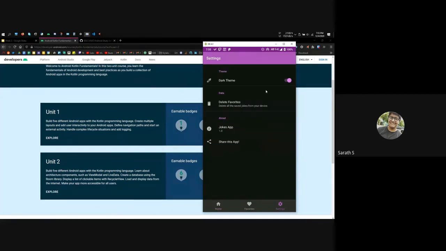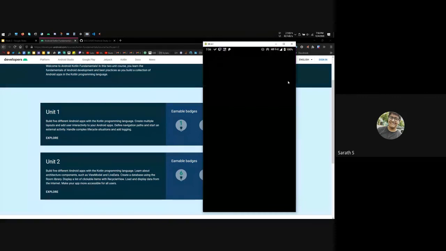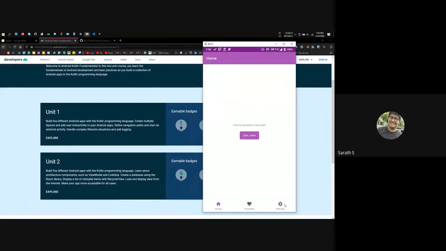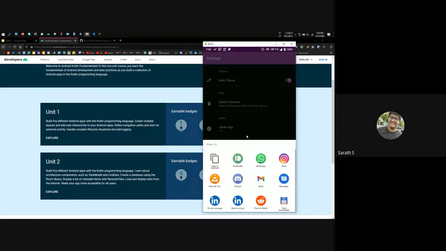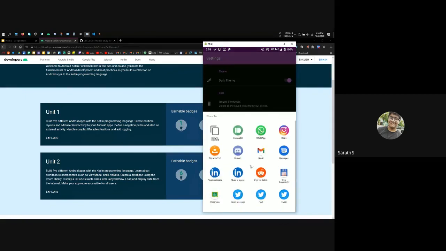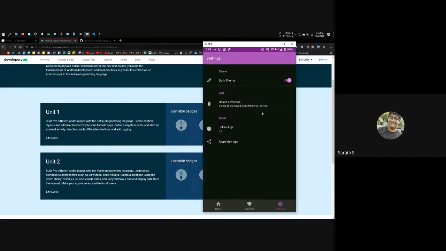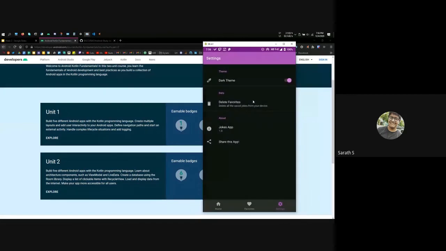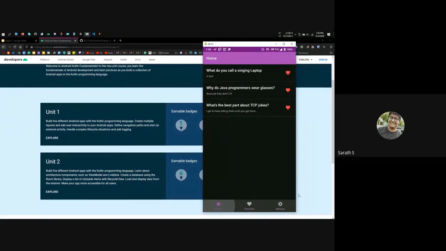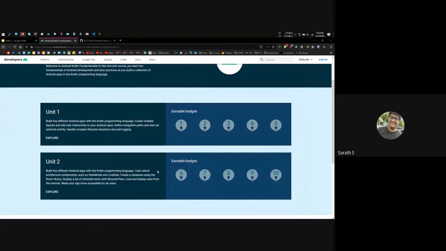And then in the settings, you could change the theme, right? So that's another part you will be learning, how to change themes. And then what we learn is also about sharing. This thing is what's called the share chooser. So when you press share, you could just share your app and all. You learn how to do all of this in the next session. So yeah, that's what we will be looking at. This is unit 2 in the next session.